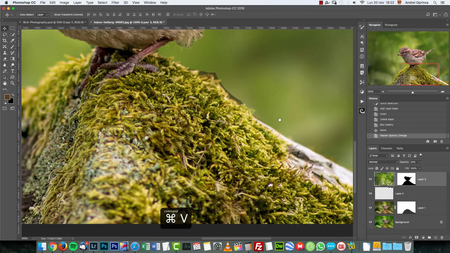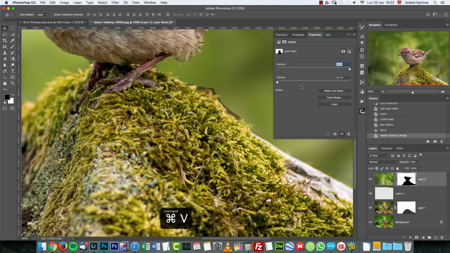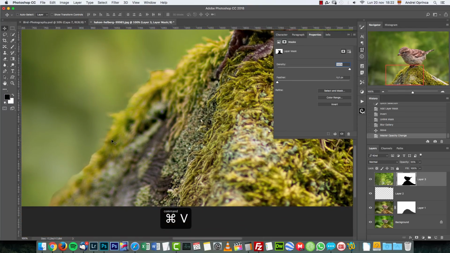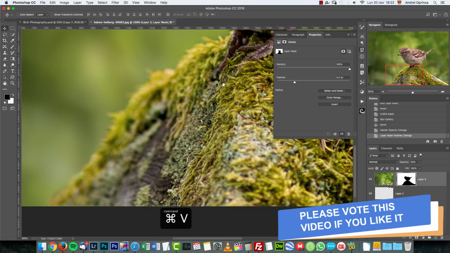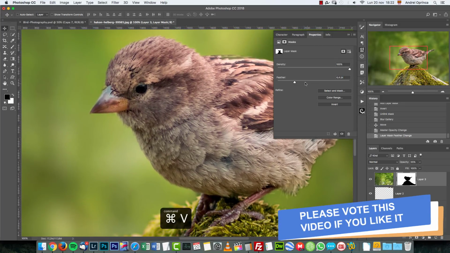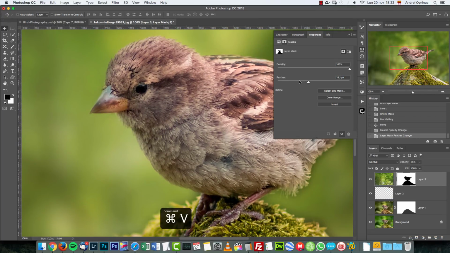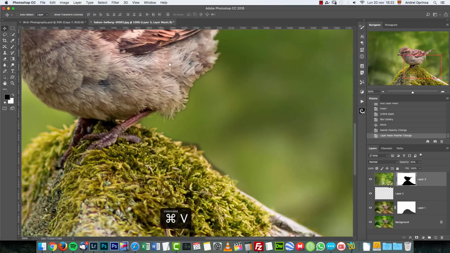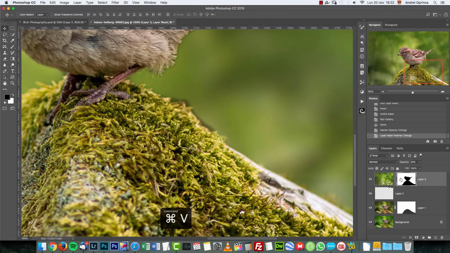Now, the next thing that I'm gonna do is double click on the layer mask and increase the feather, and check, you can see these edges around here. You can see how they will go away when we increase the feather. Don't increase it too much, you will get halos around if you do something like this, so be careful about something like that. And now you have to look through areas like this, get the brush tool, and with black,